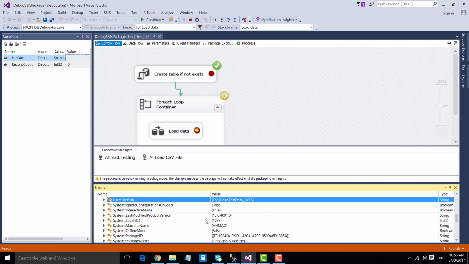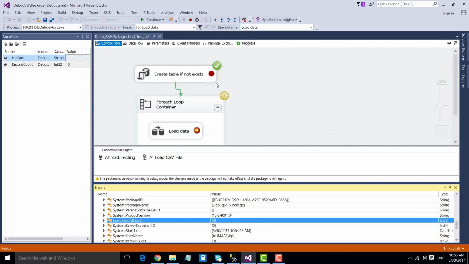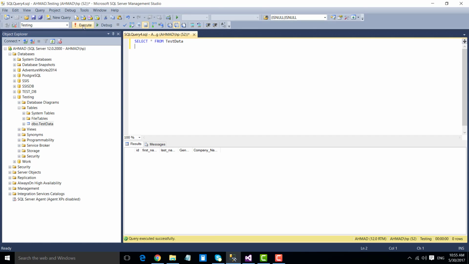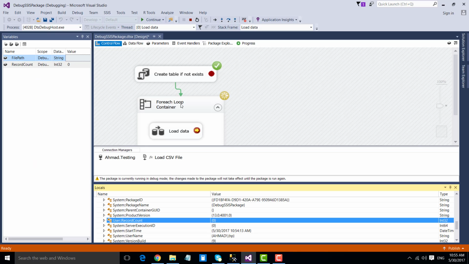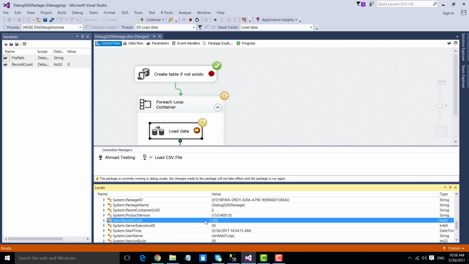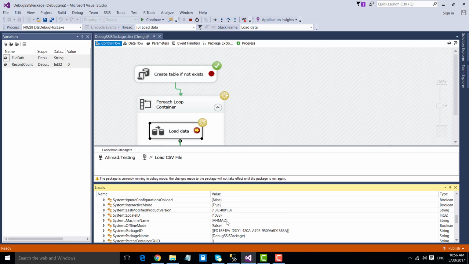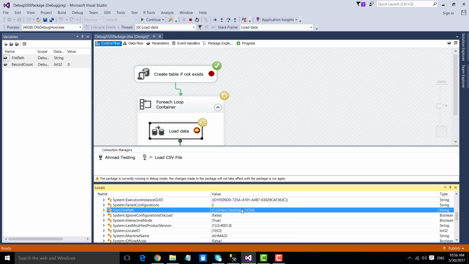and if you check the value of the record count, it should be 0. So record count value is 0 as of now, and if you again check the data, it should be 0 as well. However, if you execute the package, it should have loaded data from the first file. So 30 records got loaded from the CSV file, and so you can see that the record count has changed from 0 to 30. However, the value of the flat file will be 1 as well,